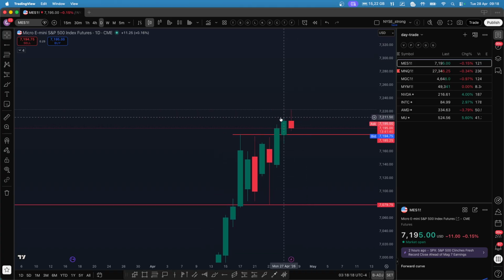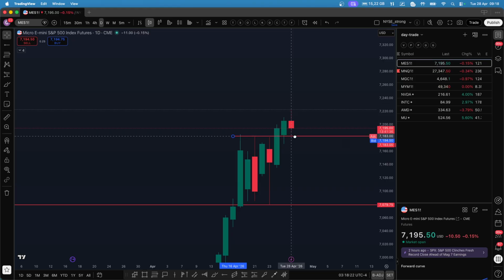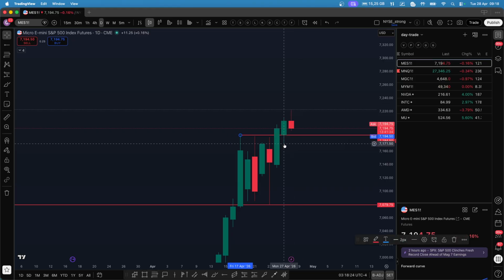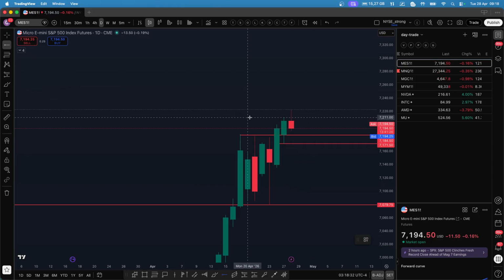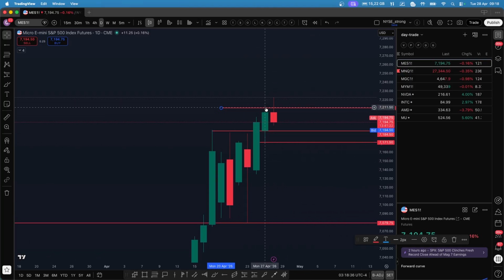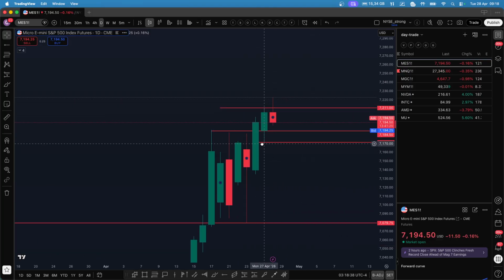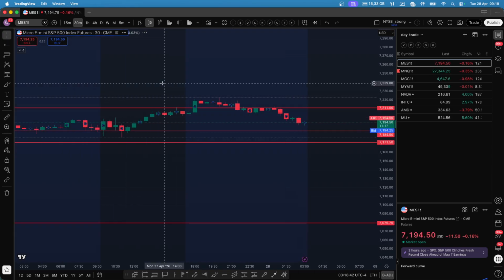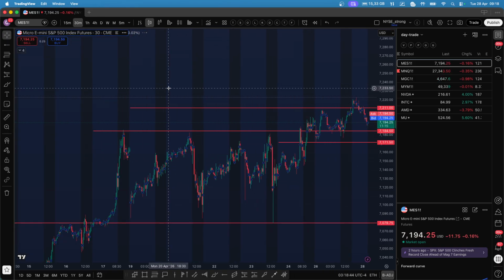today's candlestick looks like it took the previous day high and it's coming down to test the previous day open and the previous day low. So let me mark this level. So this is the previous day high, this is the previous day low, and this is a consolidation high. And let's switch towards the 30-minute time frame now.